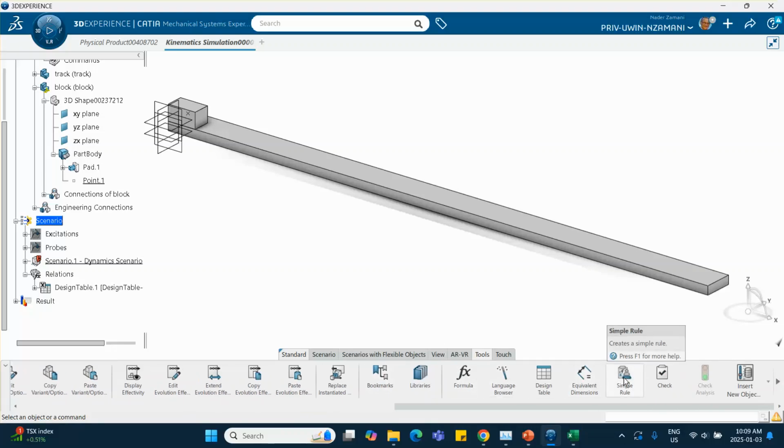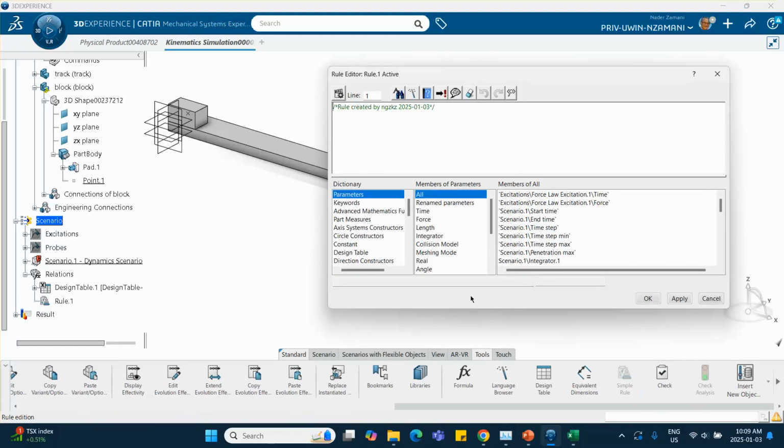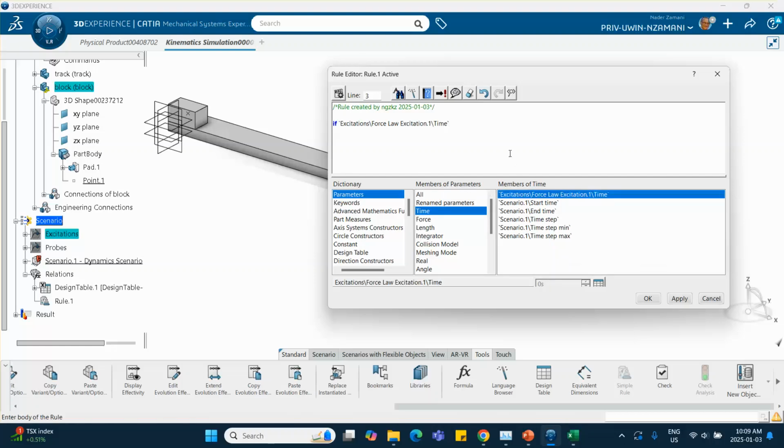Click on simple rule. Rule number 1. And what I want to say is that if time is less than 2 seconds,